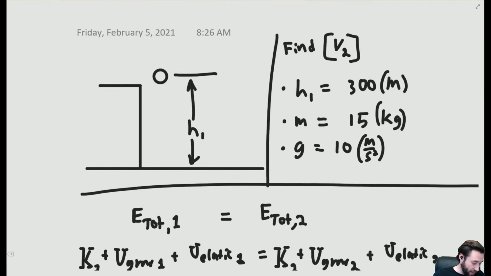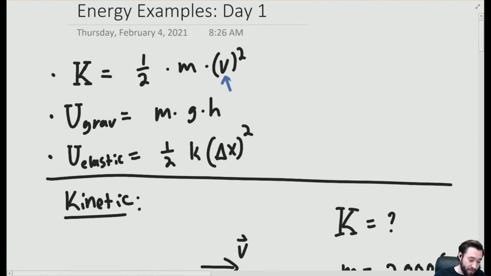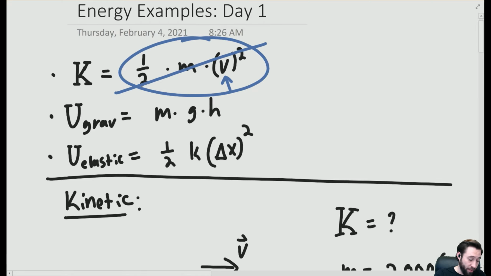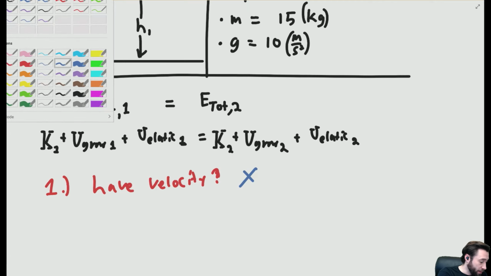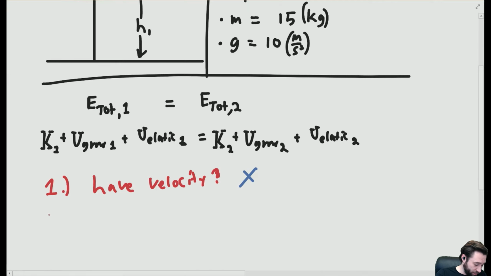If there's no velocity, if this is 0, then that means that this whole side goes to 0, and that means that there is no kinetic. Does that make sense? So that's why the question that you ask is, does it have a velocity? And if there's no velocity, then of course there's no kinetic energy. All right, so the second question